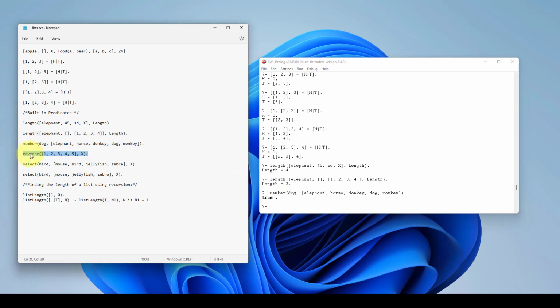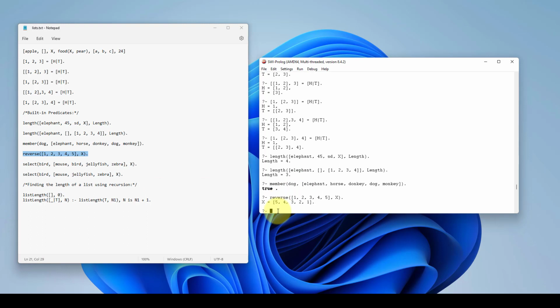Let's take a look at the reverse predicate here. Once again, the reverse predicate, a built-in predicate, has an arity of 2, or 2 arguments. We have the first argument there and the second argument here. The second argument is a variable because it's capitalized. The reverse predicate simply reverses the order of the list in the first argument. So 1, 2, 3, 4, 5 goes to 5, 4, 3, 2, 1, and assigns it to the